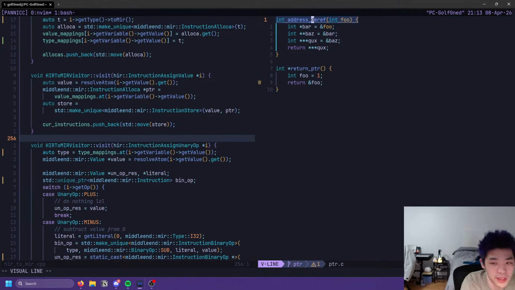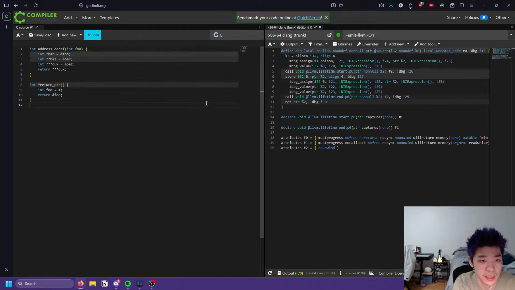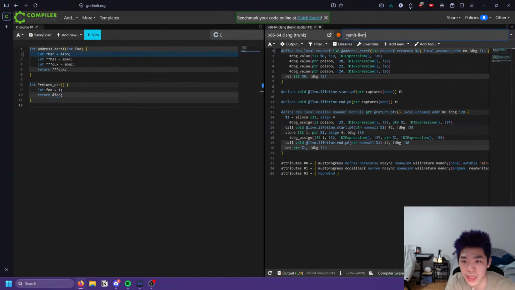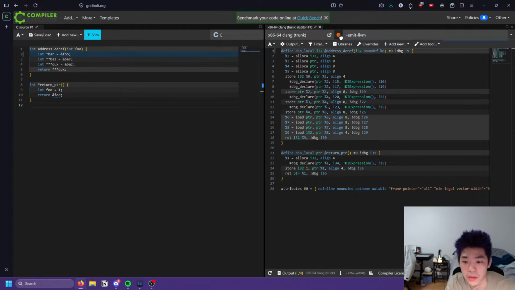What happens if I throw this in? What if I throw all this into Godbolt, just out of curiosity? Let's get rid of that. What's wrong here? That's fine, sure.